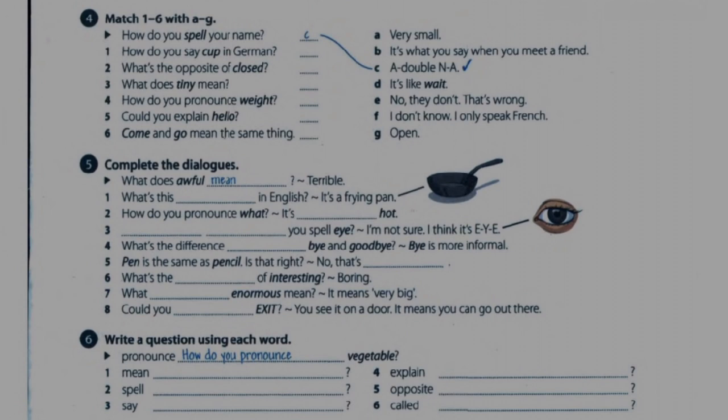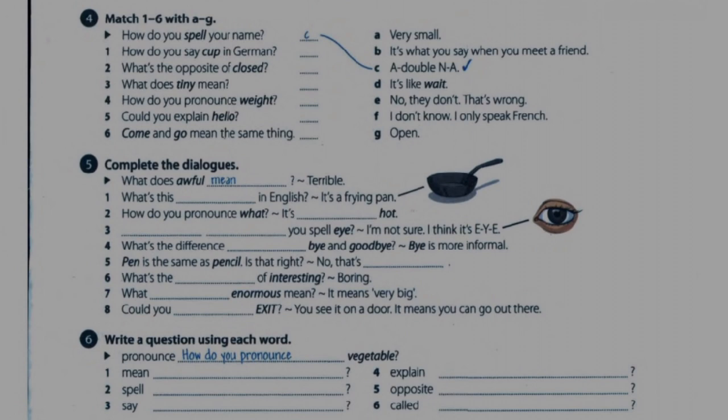Number 5. Complete the dialogues. What does awful mean? Terrible. Number 1. What's this called in English? It's a frying pan. Number 2. How do you pronounce what? It's like hot. Number 3. How do you spell I? I'm not sure. I think it's